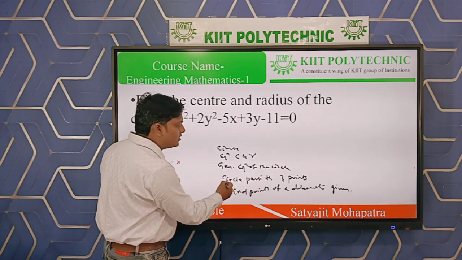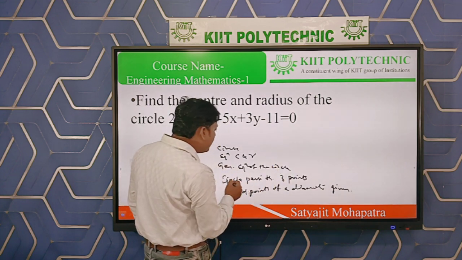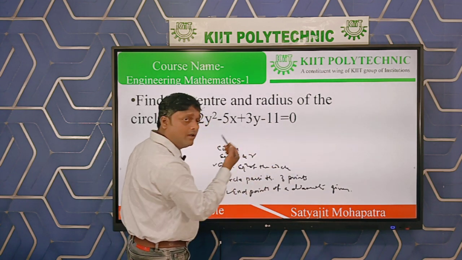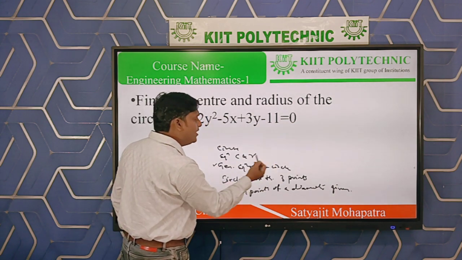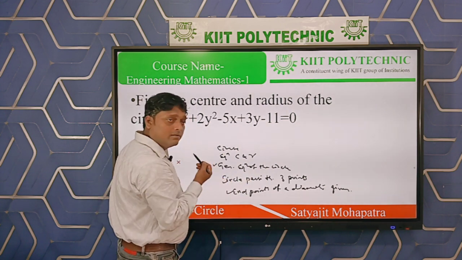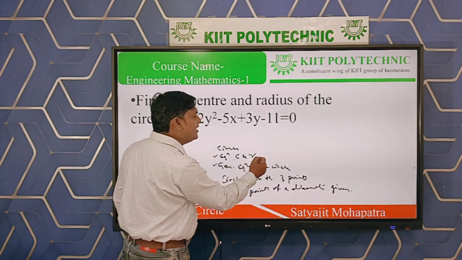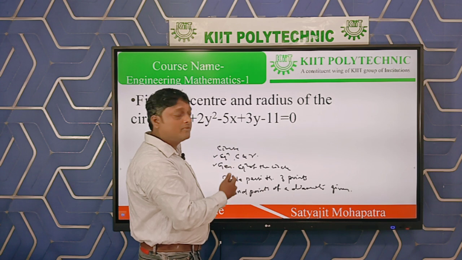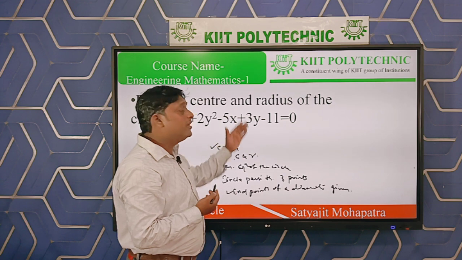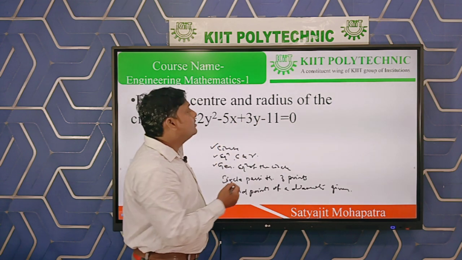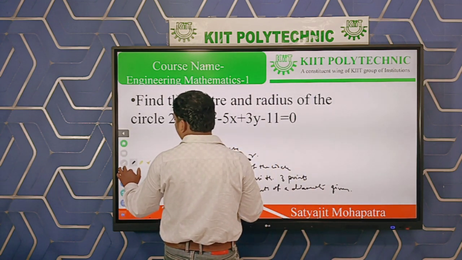When the end points of a diameter are given, how can we find the circle? When the circle passes through 3 points, how can we find the circle equation, in addition to the radius and center? What is the general equation of the circle? How can one find the center and radius from there, and from center and radius, how can one find the general equation? Everything done. These are the fundamental forms of the circle. And what is the definition of a circle? How is it formed in 2D coordinate geometry? All of you know how it is formed. Very simple.